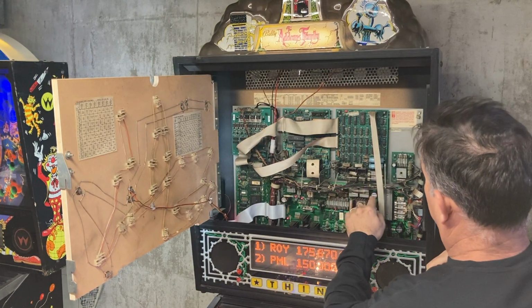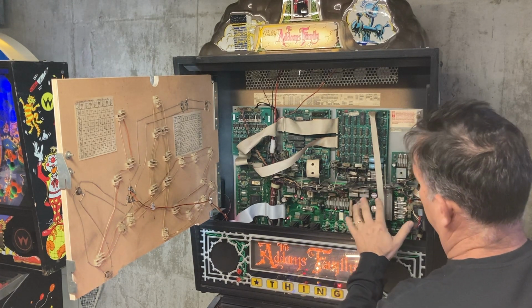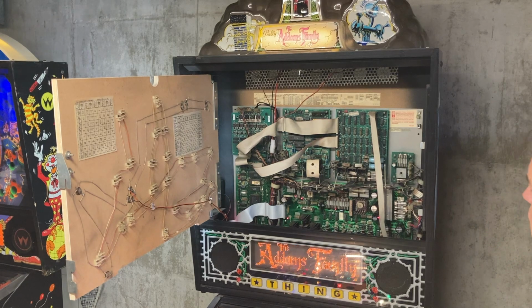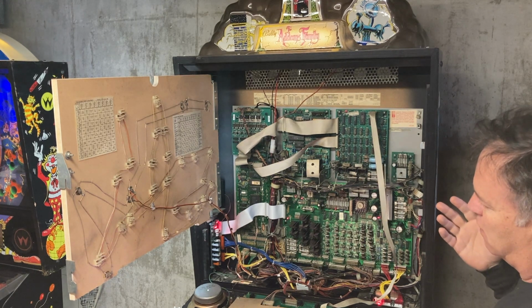There were capacitors that were replaced. The 5 main capacitors that are all on this board, these 5 big ones here, plus this smaller one. They're known to go bad, so I just preemptively replaced them. To go along with all the LEDs to take out the flicker, this game did get the